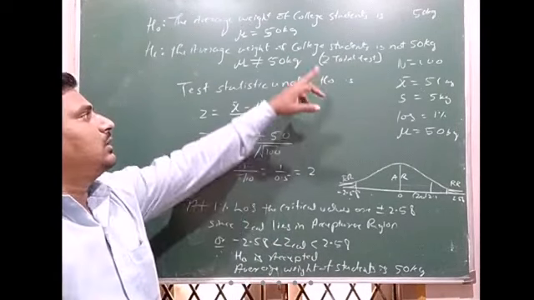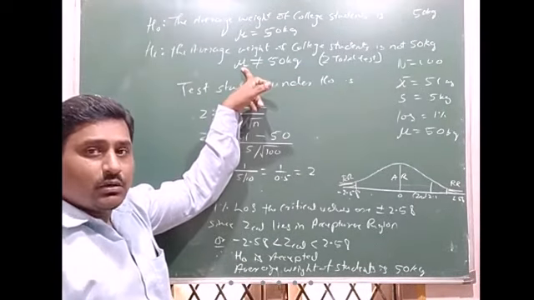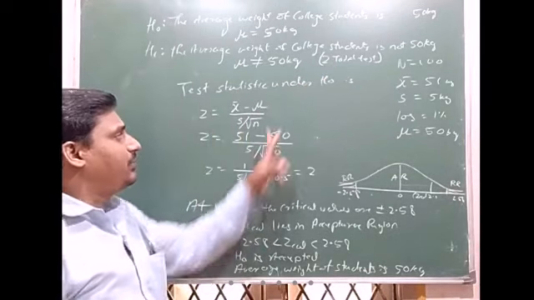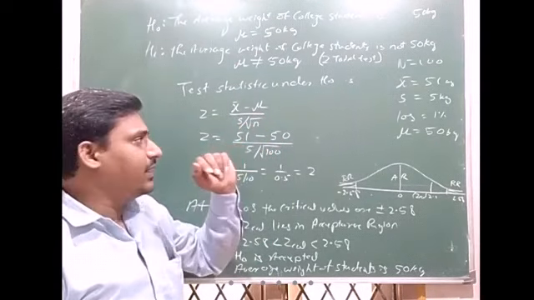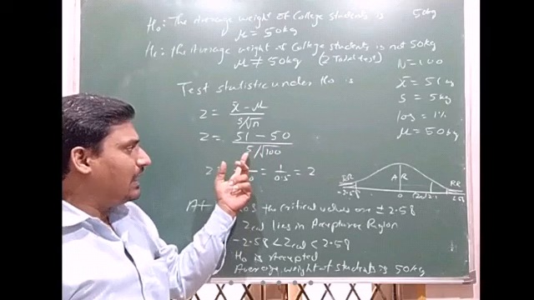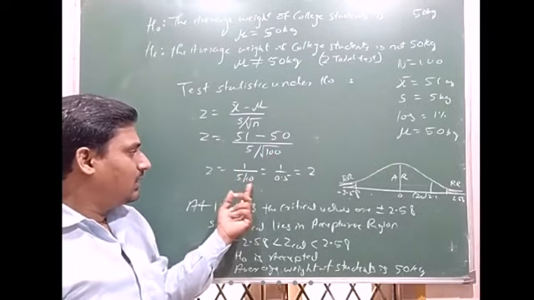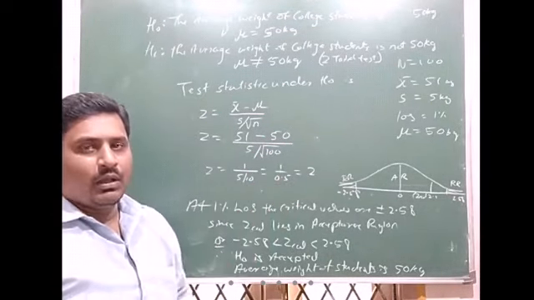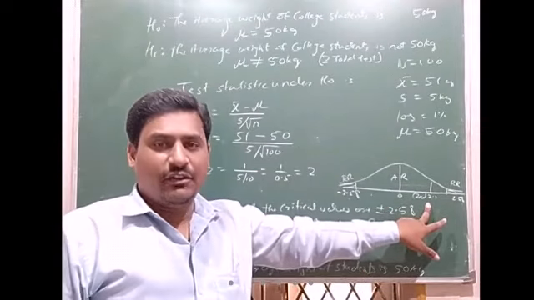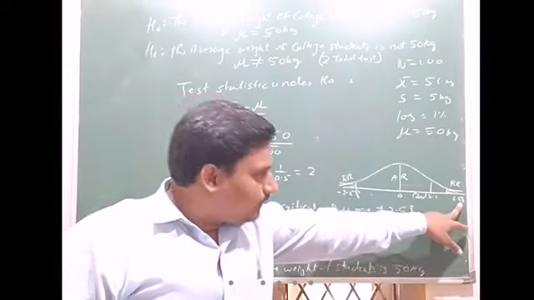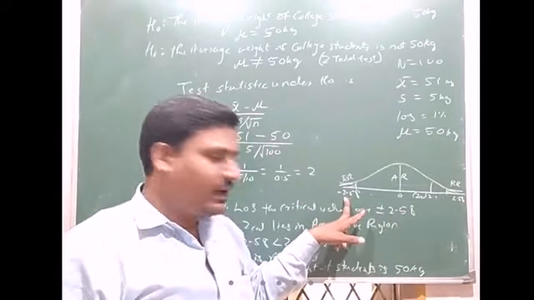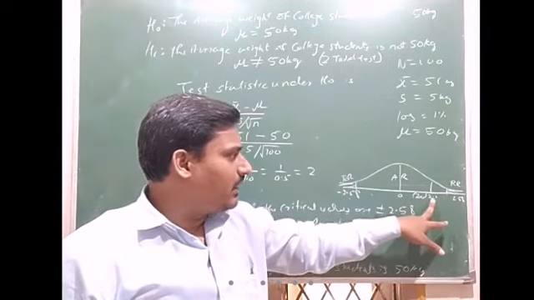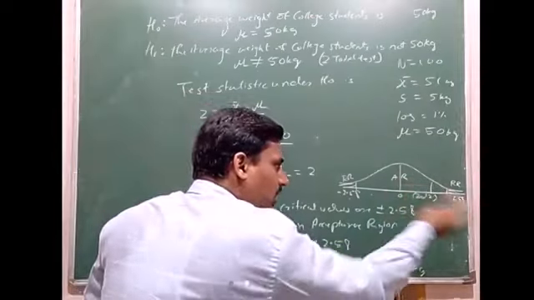Since mu is not equal to 50 kg, it is a two-tailed test. The formula is x bar minus mu divided by s divided by root n, and 51 minus 50 divided by 5 divided by root 100 is 10, and 1 by 5 by 10, that is 1 by 0.5 is 2. And in the graph, just to show it roughly, 0, positive value and negative value on both sides, as it is a two-tailed test, minus 2.5 plus 2.5, and our z calculation lies in between both the values.